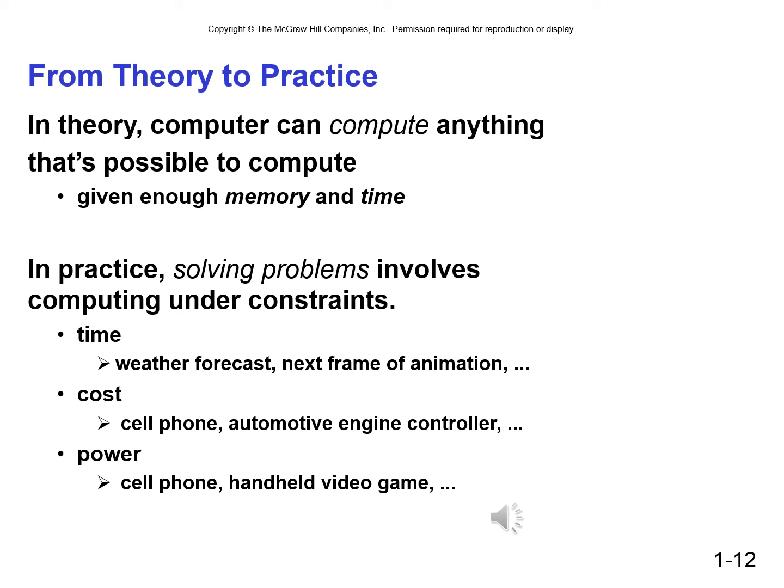In practice, solving problems, coming to solutions involves computing under constraints. And I mentioned earlier the weather forecast, the next frame of animation, automotive engine controller, right? One of the first large-scale non-computer computing tasks was electronic fuel injection. And I'm assuming that happened somewhere around the 1980s. Cars went from